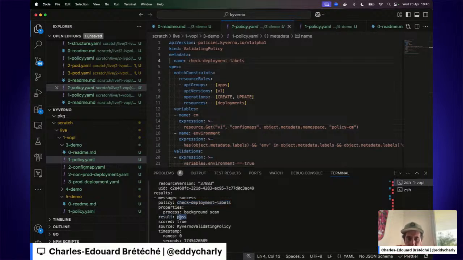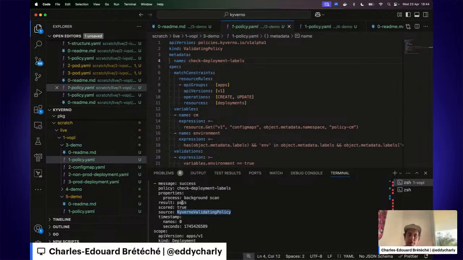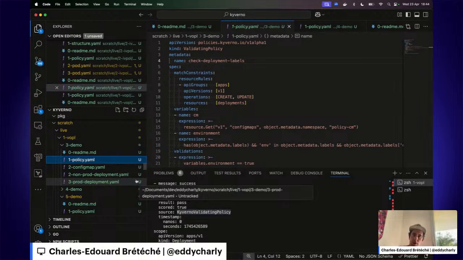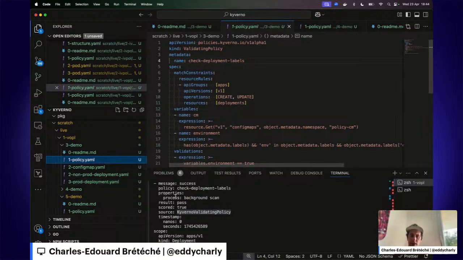The result is passed, so this policy passed. And yeah, we have a timestamp and we have a source. In this case, the source is a Kyverno validating policy. Of course, if we set the validation actions to warn, some resources will be accepted even if they violate the policy, and then instead of pass, we will have fail in the result.